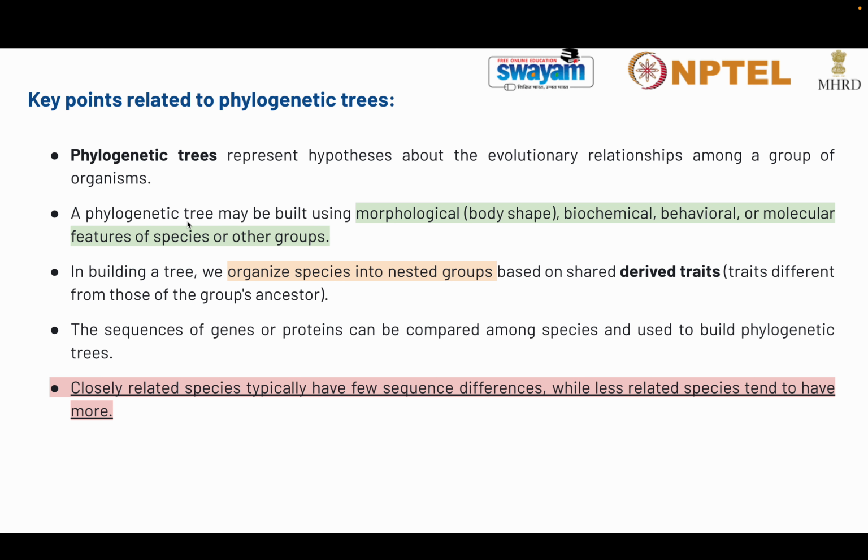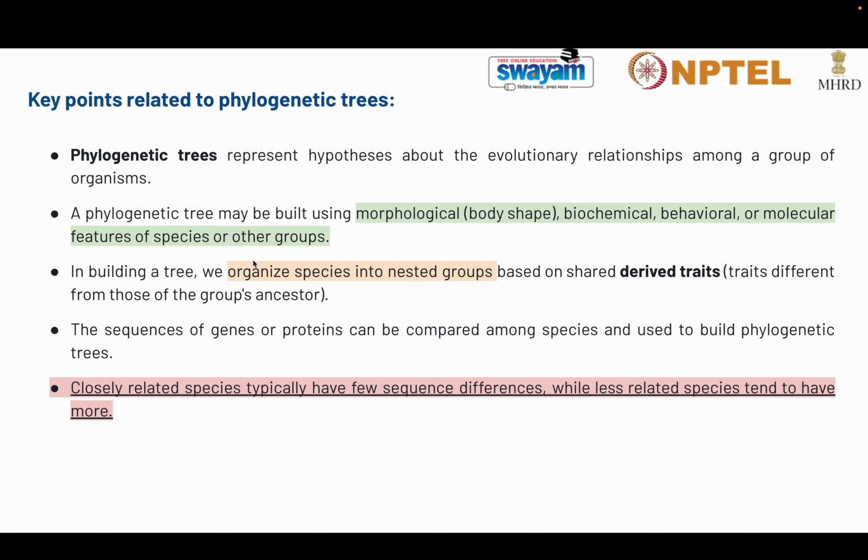Now the next point is that a phylogenetic tree may be built using morphological, biochemical, behavioral or molecular features of species or other groups. The phylogenetic trees we are discussing here basically focus on the molecular features of the species, in which we talk about sequence level similarity and then draw the phylogenetic tree. But there are other things with the help of which we can draw these trees, such as morphological features or body shape. By comparing the body shape among different organisms, we can also place them in the phylogenetic tree. Similarly, we can also look into the biochemical features of the species,